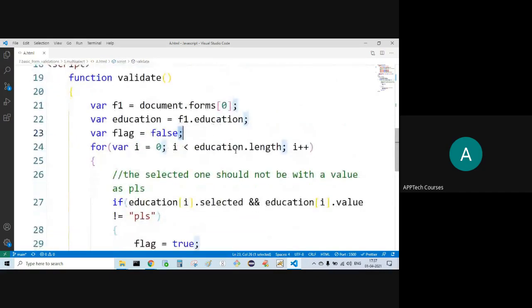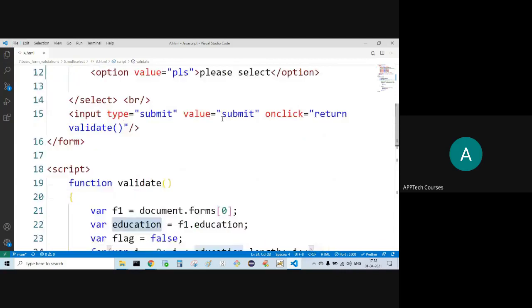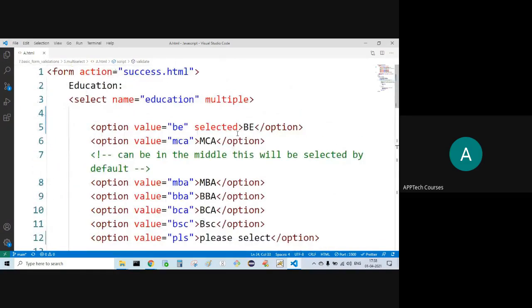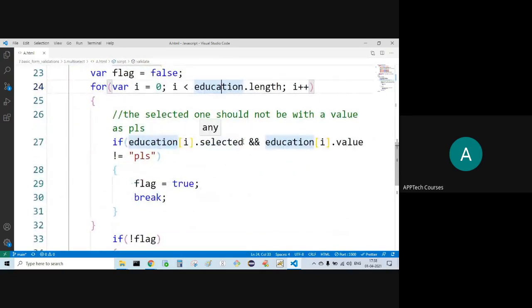Let's say I is equal to 0, education of I, 0. Now in the 0th position, what we have? B. B we have. B got selected, double and education of I, that value not equal to PLS, of course it is not equal to PLS, it is equal to B. Both are returning true.